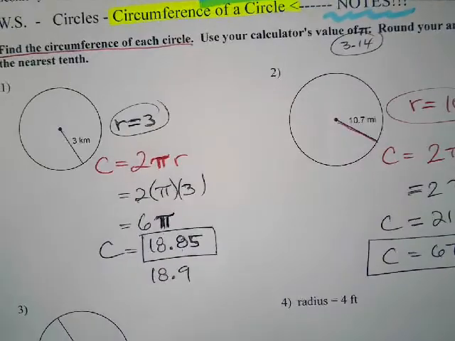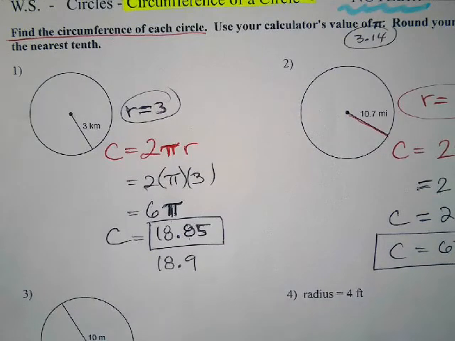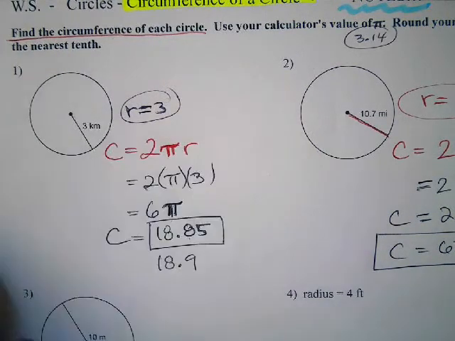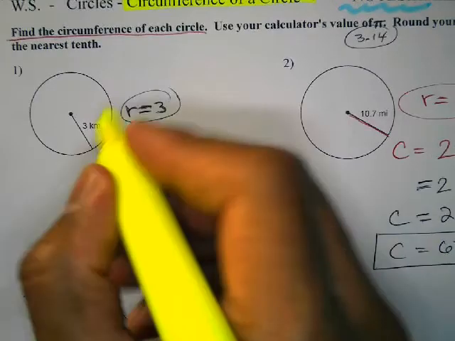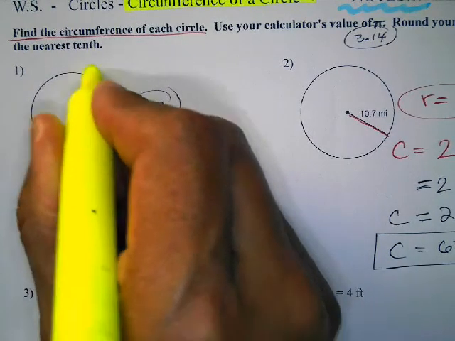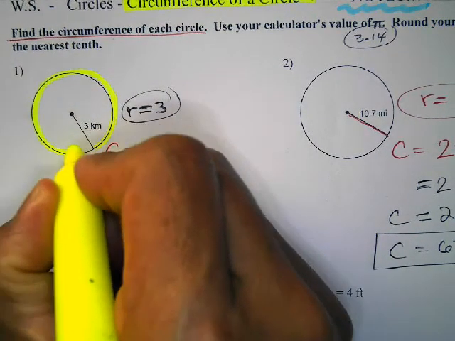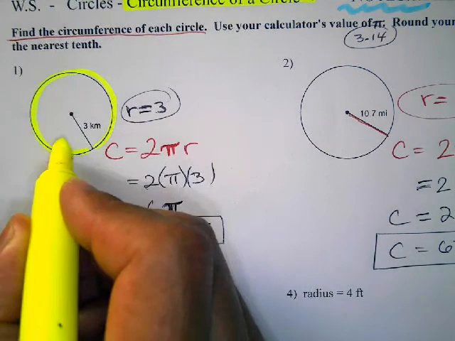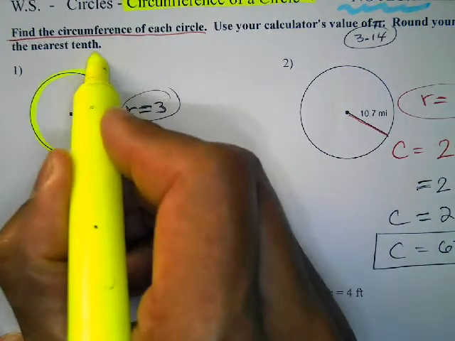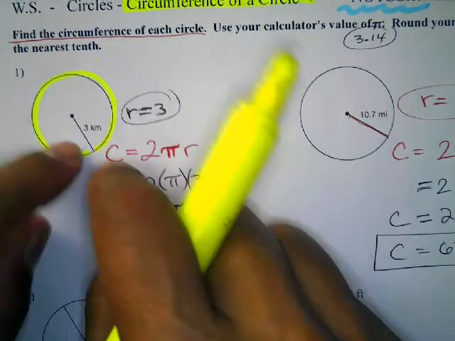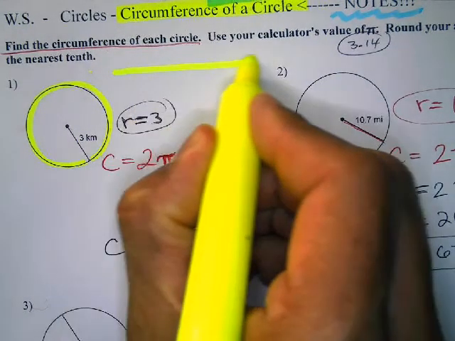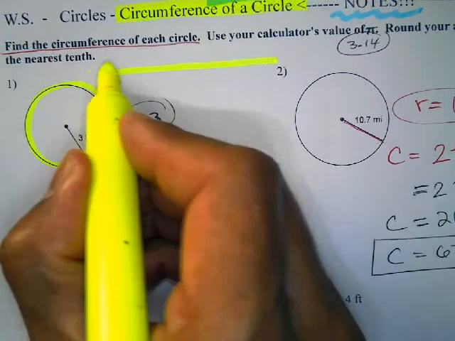Guess what? I forgot to explain something. What is circumference? Circumference is this. What you're actually finding here is the measure of this line that right now is in the shape of a circle, right? You see this, just the outside line. But if I were to straighten that line out, if it was a string and I would cut it and lay it straight like this,